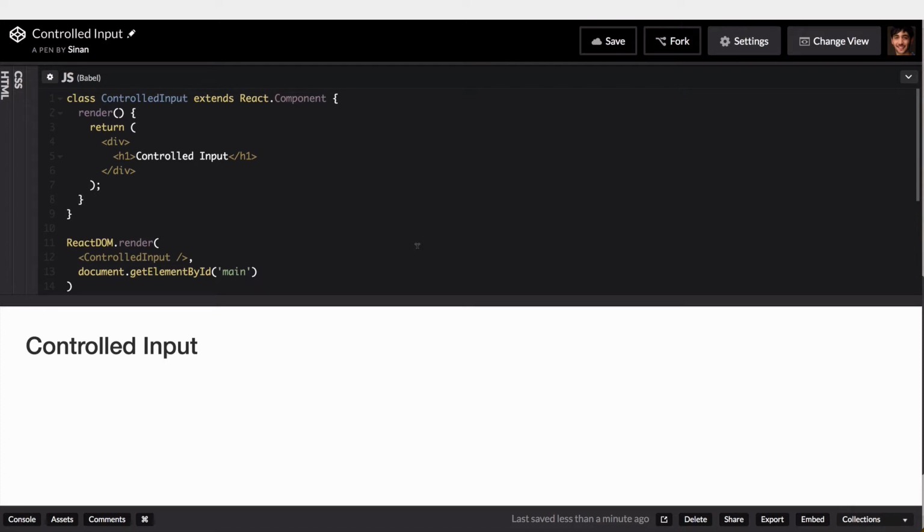Today we have a look at controlled inputs. This is what Facebook calls them in their docs, because the meaning is that React instantly knows what you type into an input. So if we have an input field here,